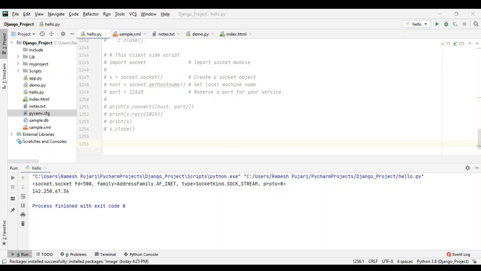We can use MySQL as well. MySQL is the most common and user friendly. So these are the two major databases for Python, and mostly we use MySQL and PostgreSQL.